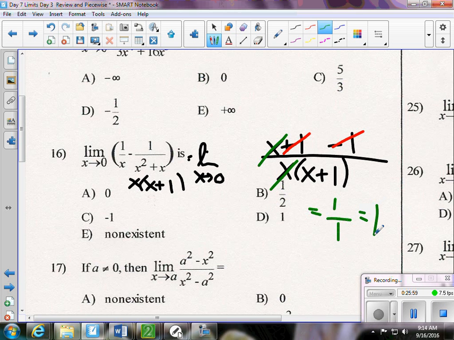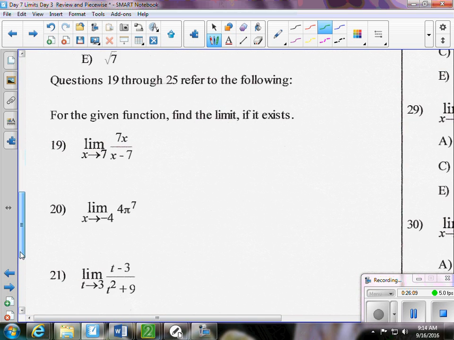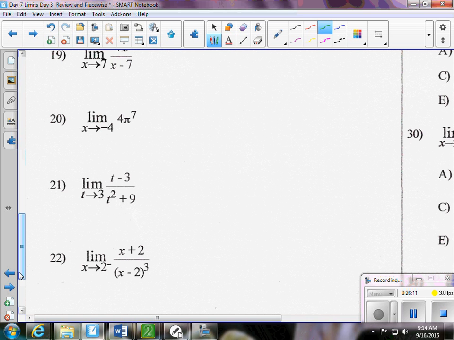Yeah. A lot of times with limits, if you didn't combine, you just need to get it together. We haven't seen one like that. And you guys had 20 as a question, didn't you? 18 too? Okay. The 21, I wanted to look at that one first because 4 pi to the 7th, what